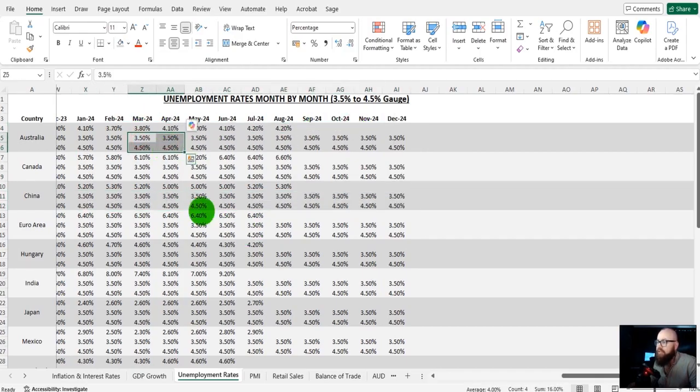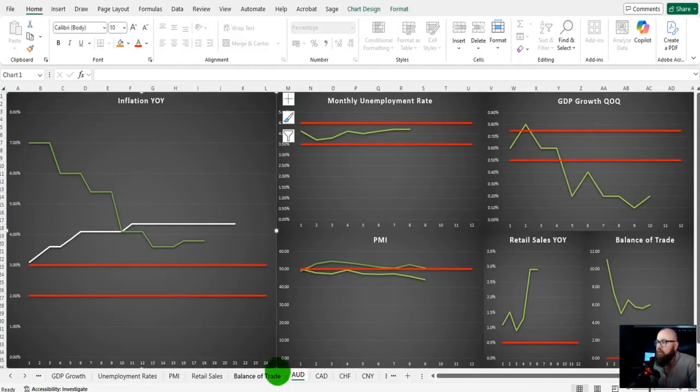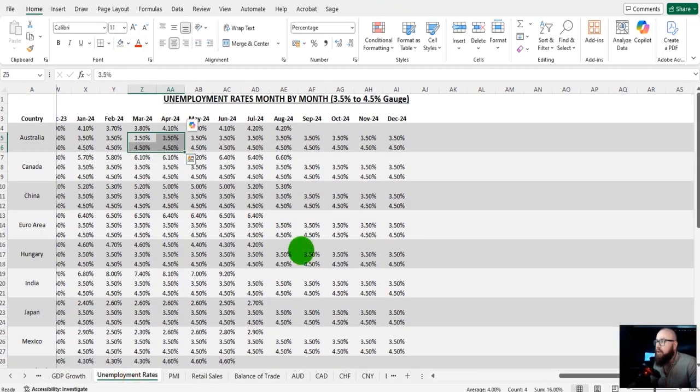One of the reasons why I put these targets down is it helps with these graphs. So if I click on the Australian dollar, you can see unemployment here. The red lines are the target. You can see the green line, the actual, is within the target, which is a good thing. So the way unemployment